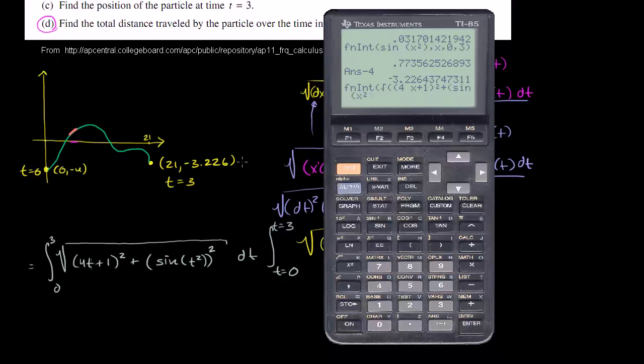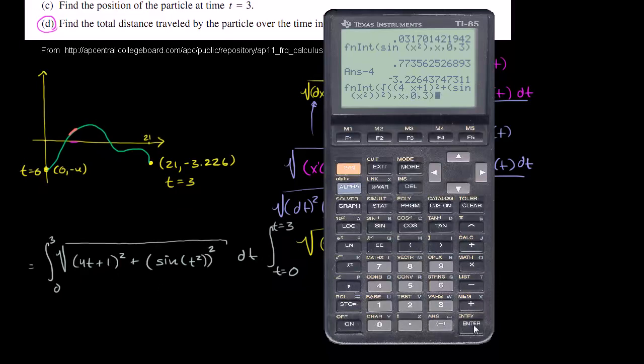I'm writing an x here just to clarify what I'm doing. Sine of x squared, and then we want to square that. Squared, let's see, so that closes that parentheses, and then I need to close the radical parentheses right over there. I want to say that my variable of integration is x. I could have put t's here and said my variable of integration is t. There's no difference there. And then I'm going between 0 and